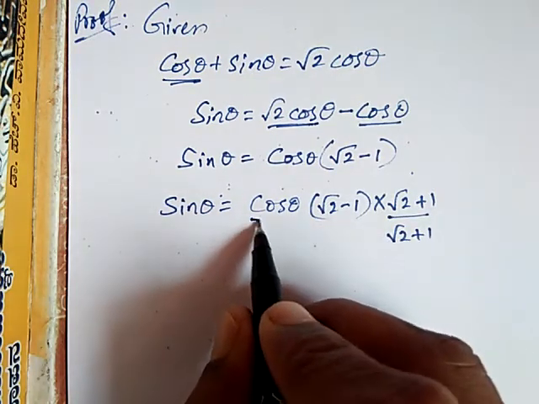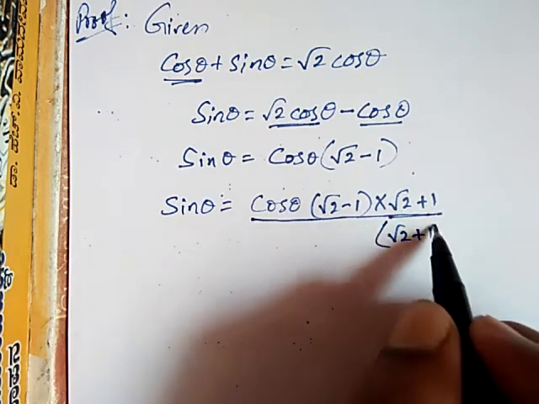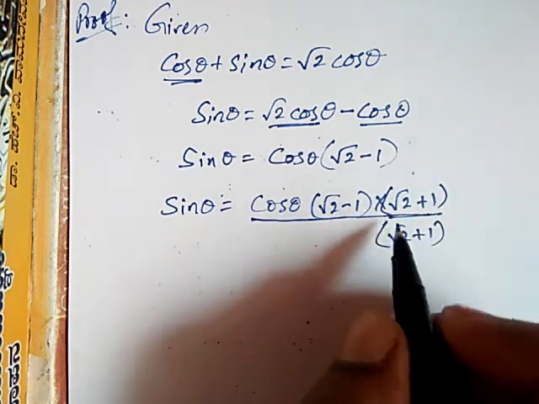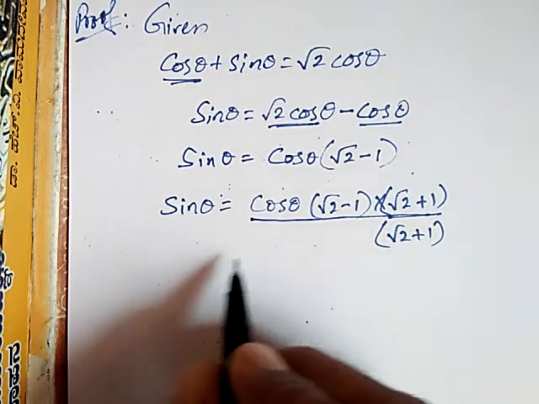So this is whole divided by, you will get... Now this cancels, again it remains the same. So you can multiply and divide by root 2 plus 1. Now cross multiply,